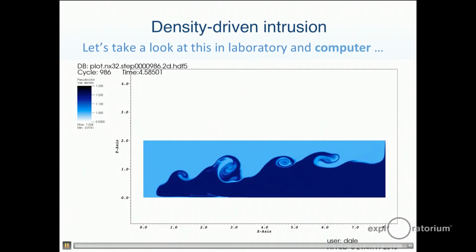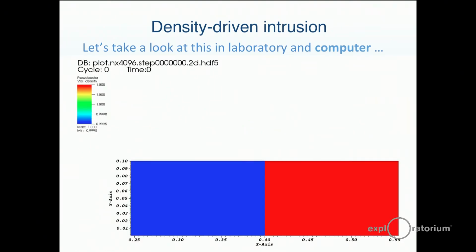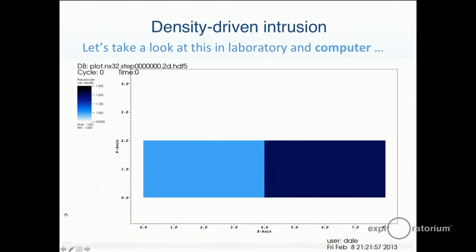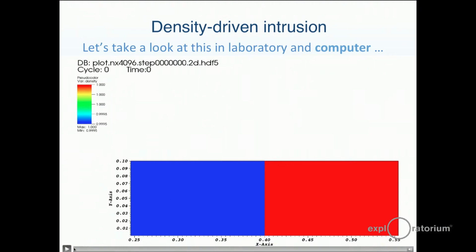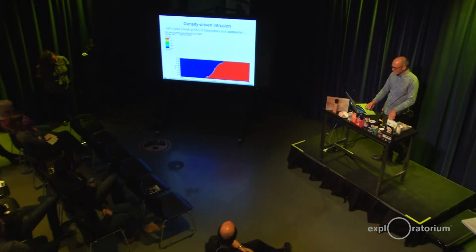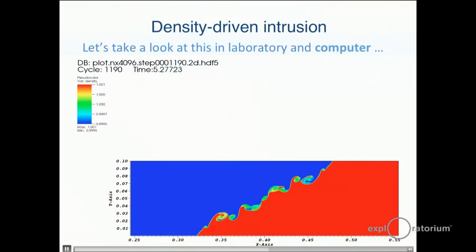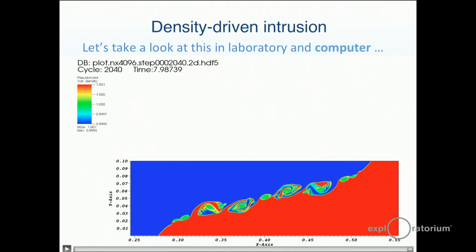And the next one is very similar, with a slightly different color scheme. The density difference is a little bit smaller, and the main thing you see in that case is that there's more mixing. Pushed the wrong button, did something. Here we go. So you can see there's a little less density difference, and the fluids mix up a little bit more. So does this happen in San Francisco Bay?